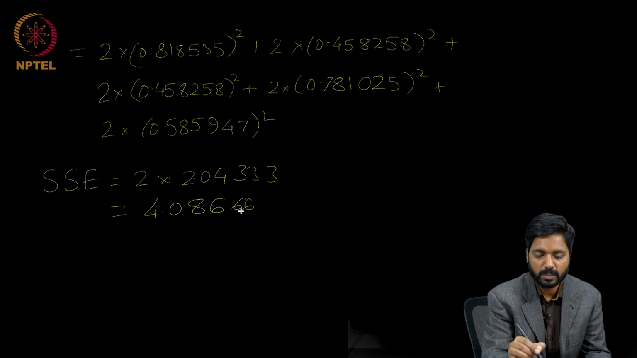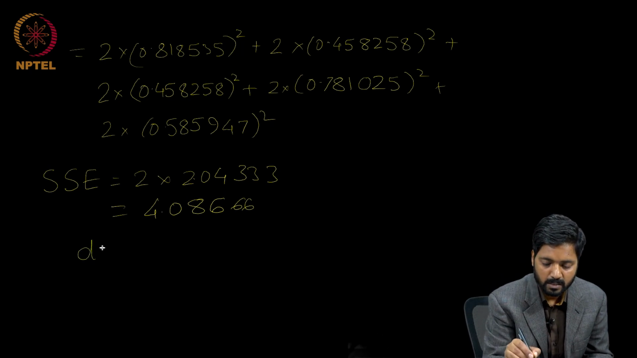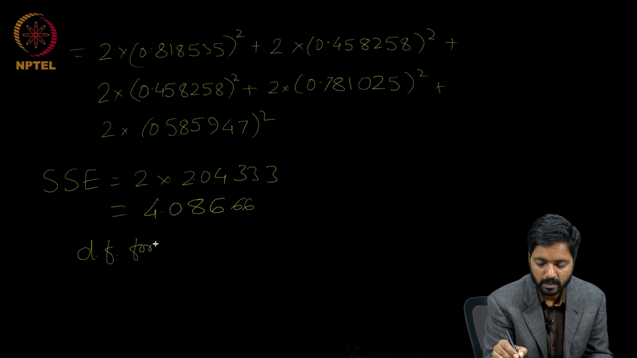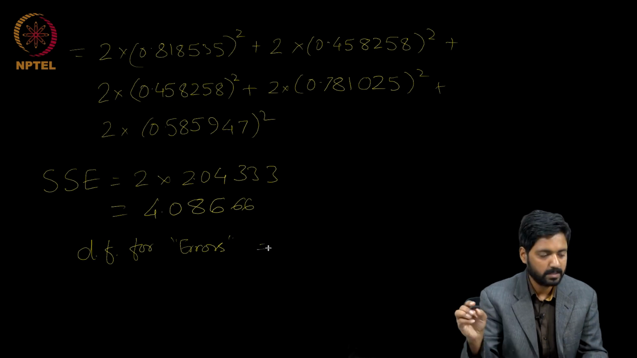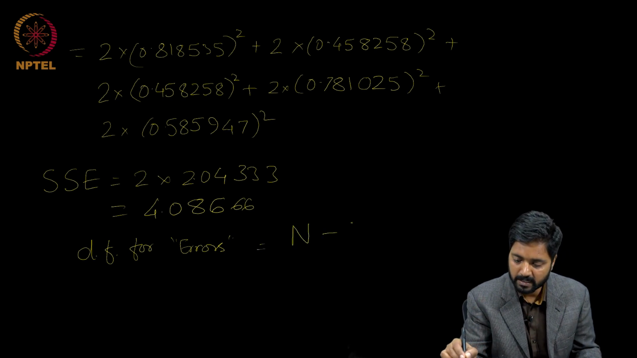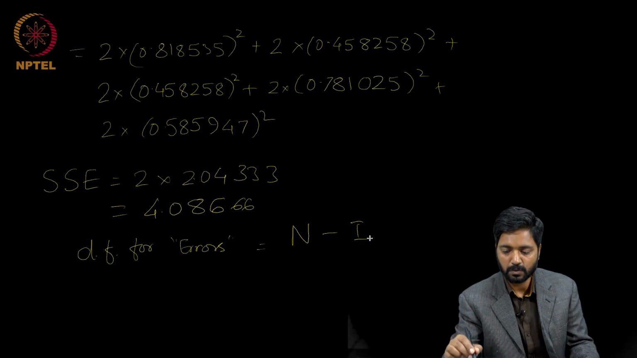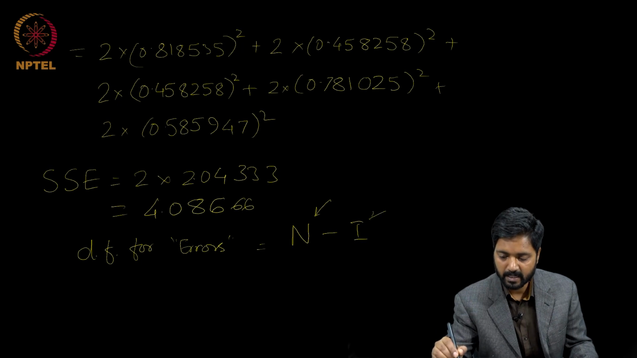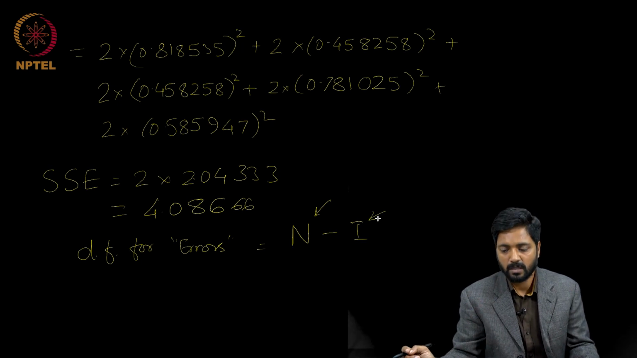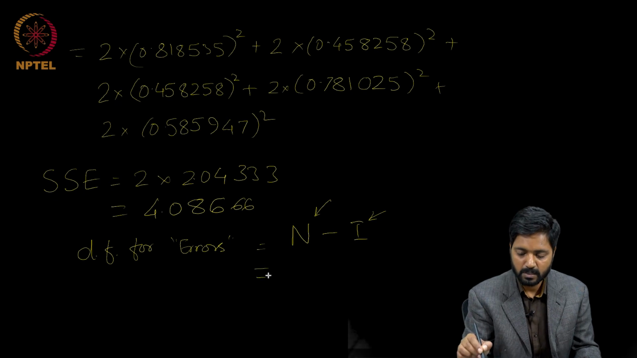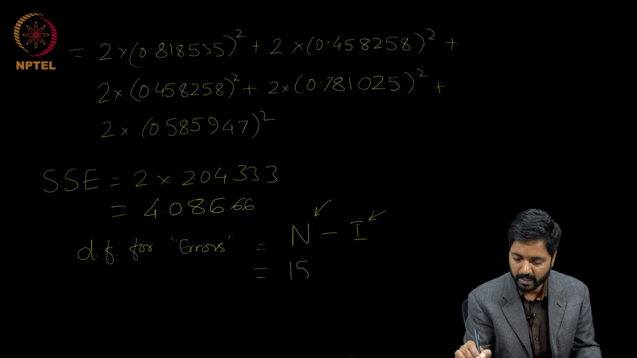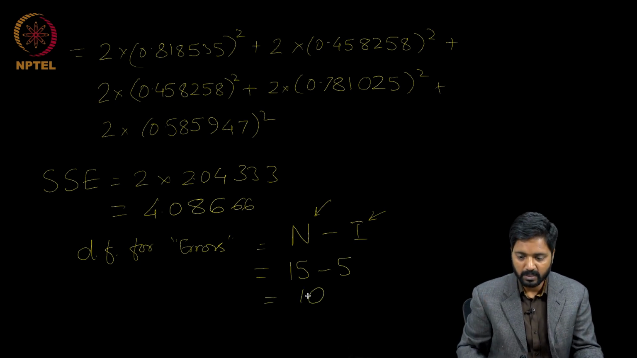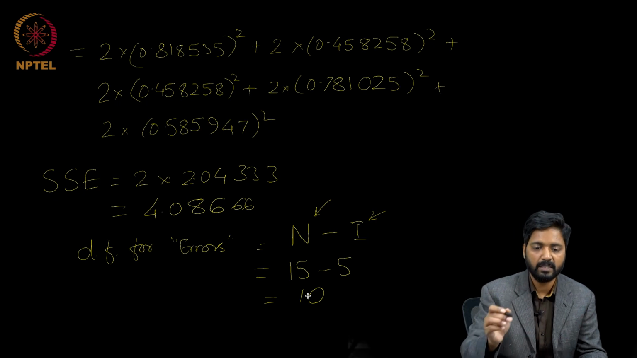So for sum of squares due to errors, the degrees of freedom for errors is equal to n minus I, where n is the total number of data points in our data set and I is the number of groups present. So this is nothing but 15 minus 5, which is equal to 10. From these we will be able to calculate, in the next steps,